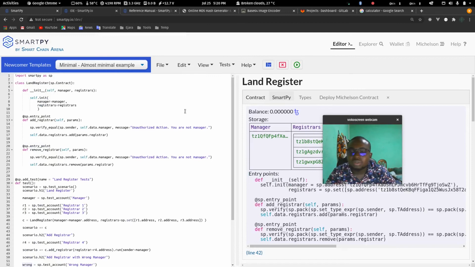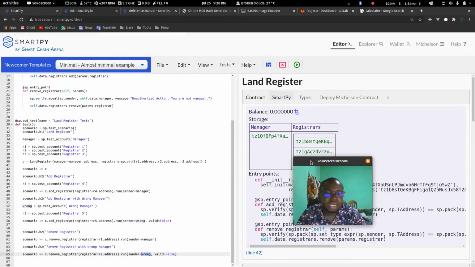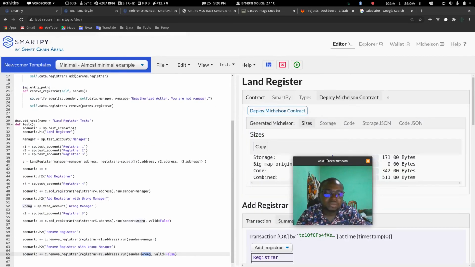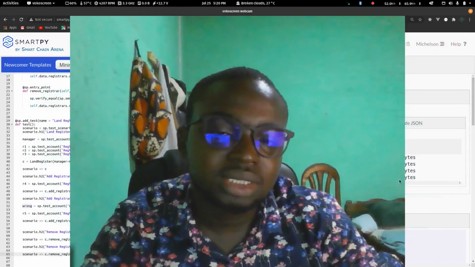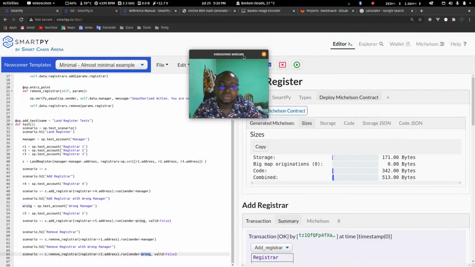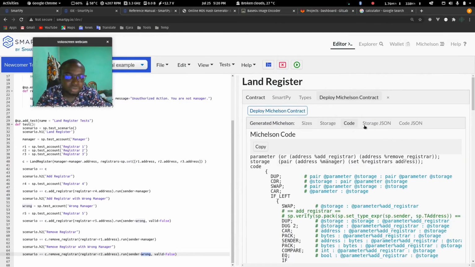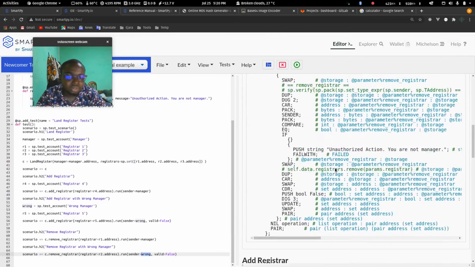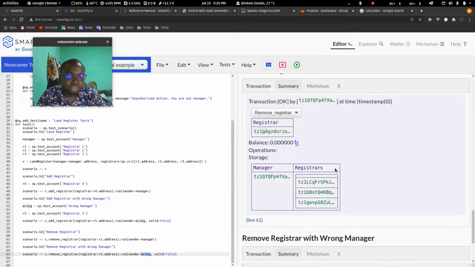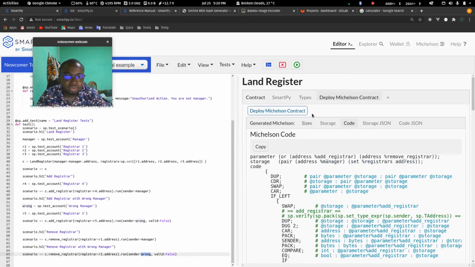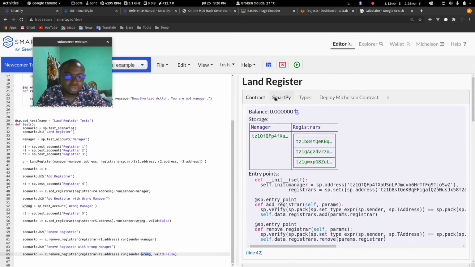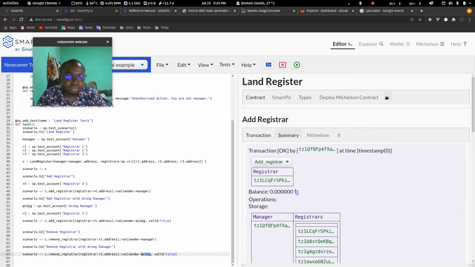All right, so this contract is good enough. We can launch this contract on the Tezos blockchain, but we are going to launch it on the test net. So when we come here we can see storage, code. You can see now the code has increased in volume, lots of things. These tabs are not really apparent, but